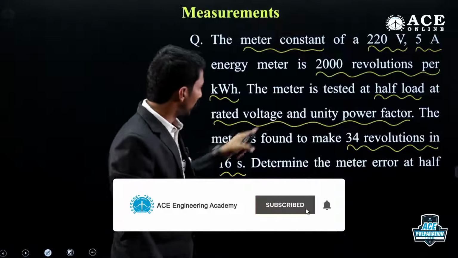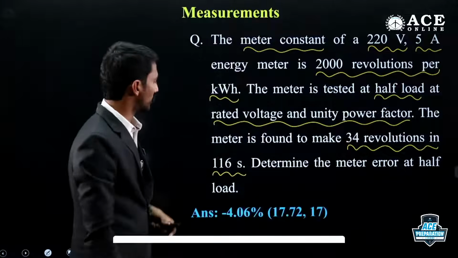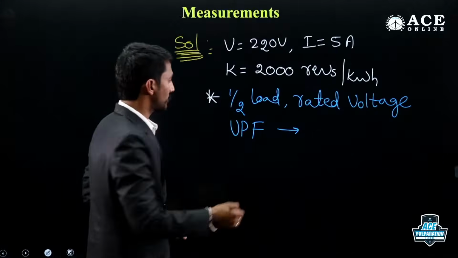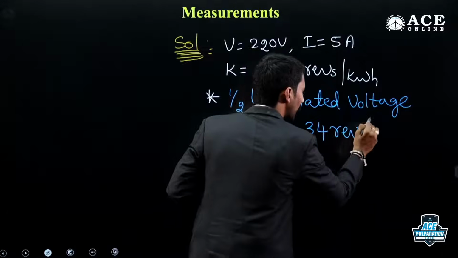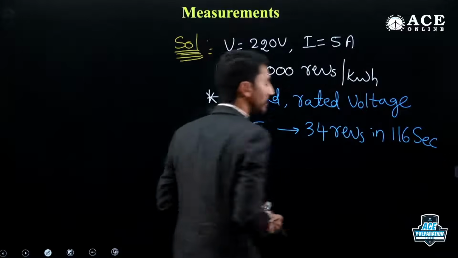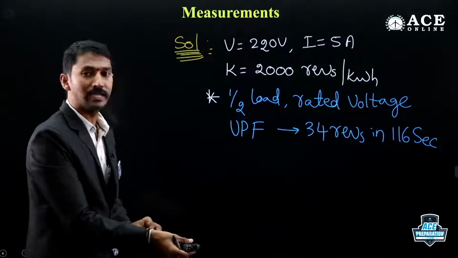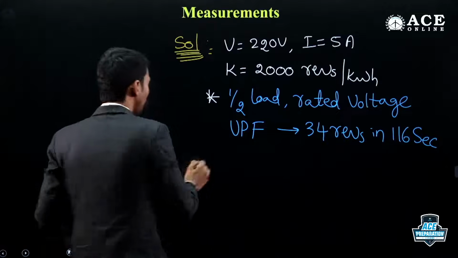When it is tested at this, the meter is found to make 34 revolutions in 116 seconds. So 34 revolutions in 116 seconds they observed. And they are asking, find